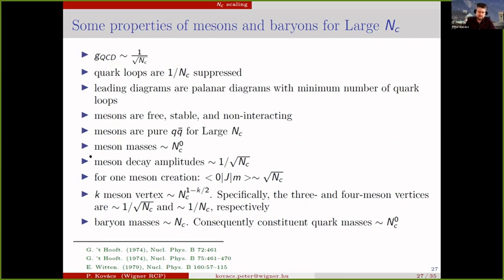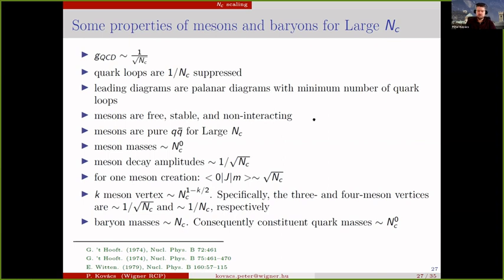I don't have time to go into detail, but here are some properties. At large Nc, the mesons are free, stable, and non-interacting. All very nice features. I think it's still worth investigating this large Nc approach, because it provides a very systematic expansion. This can be applied in our model, for instance, where the K-meson vertex scales a bit like this,